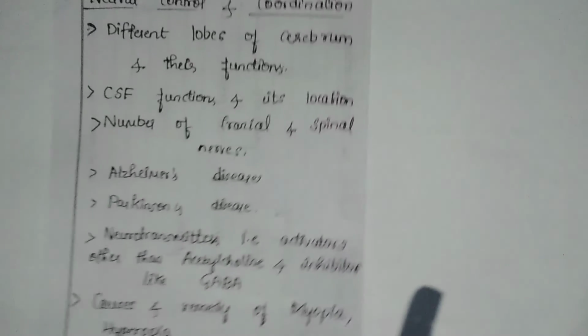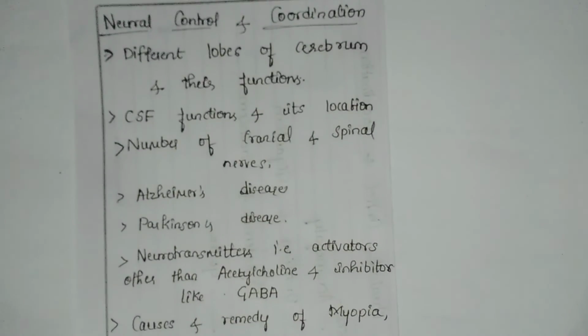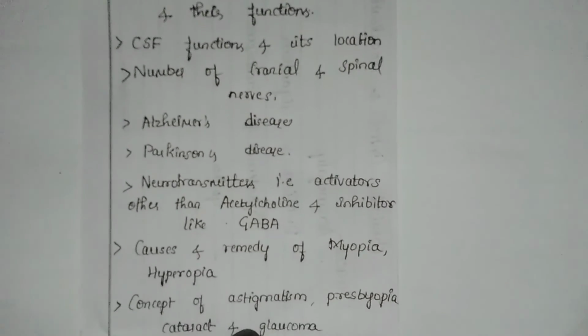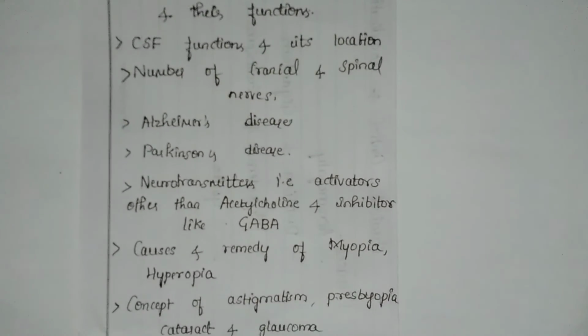Next, last but not the least, neural control and coordination, different lobes of cerebrum and their functions, CSF functions and its location, and number of cranial and spinal nerves. Just the counting numbers are given, but how many cranial and spinal nerves there are is not given. And Alzheimer's disease, Parkinson's disease, neurotransmitters that are activators other than acetylcholine and inhibitors like GABA, and the causes